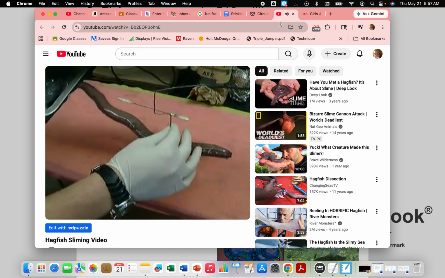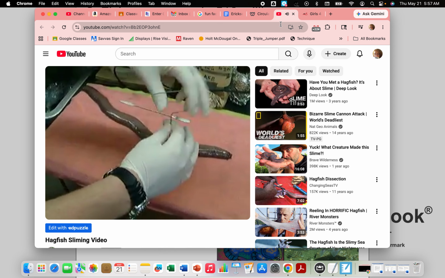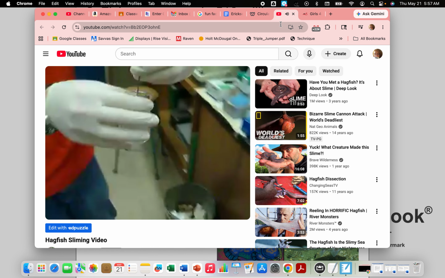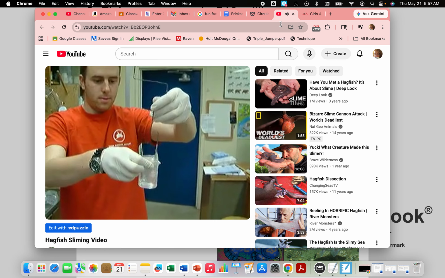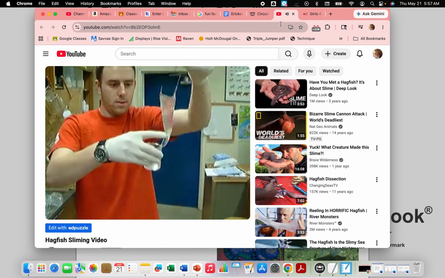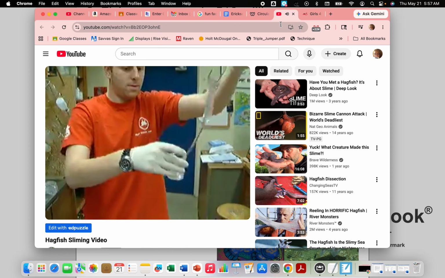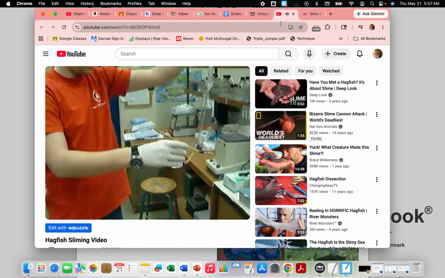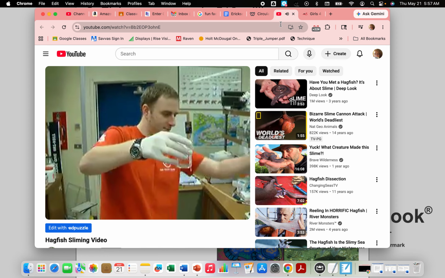Mixing apparatus. Let me hold it up. You have to back off a bit. And then watch what happens to the beaker of water. Okay, go for it. It literally turns all into this mucus slime. So hagfish, I'm sorry, but it is probably one of the greatest defense mechanisms in the world, because if this slime gets into your gills, if you were a fish or a shark, you would suffocate and die.